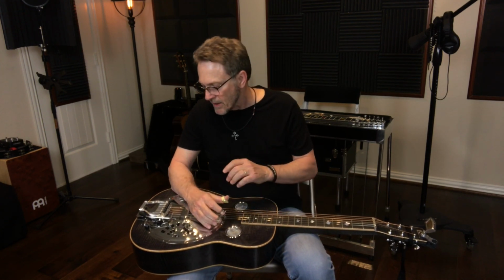Now when I disengage the Hipshot Doubleshot to go to the lower tuning, it should be in tune there as well. When I re-engage the Hipshot Doubleshot back up to the higher tuning, the open G,